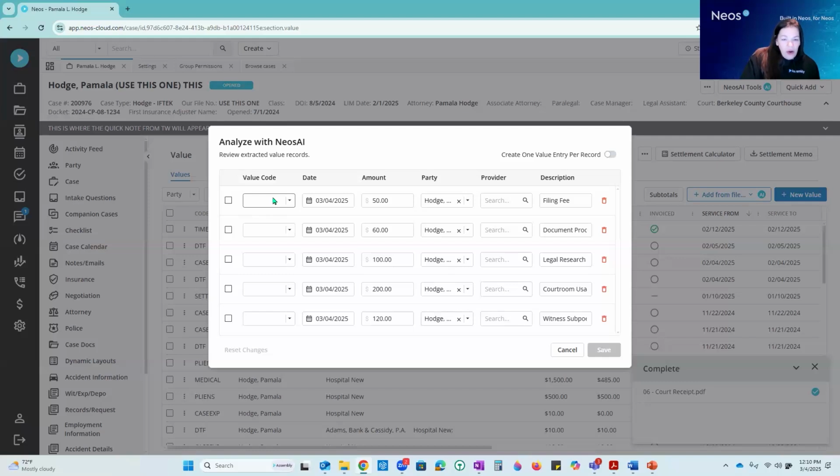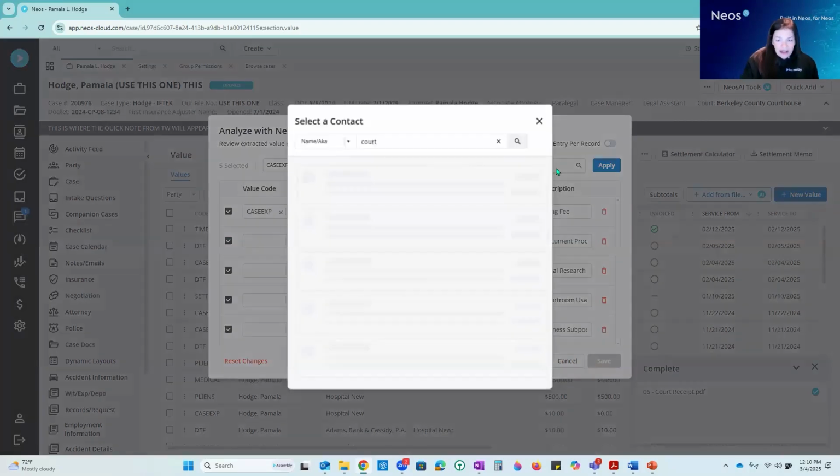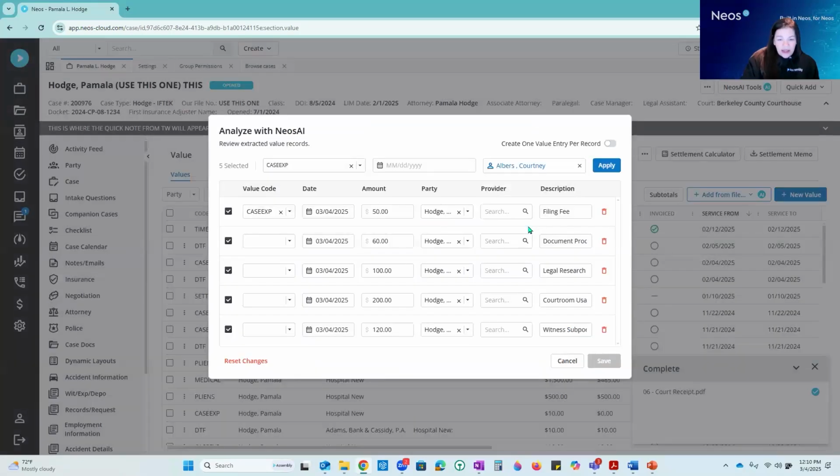Now, I can go and select each entry separately, or I can select all of them at one time. And then I'm going to get my header up here, which allows me to create the case expense. I can overwrite the date if I want, and then I can choose the provider. So you're still going to type in who your provider is, and then you're going to select the person. I want the court, and I selected the wrong provider. So I'm going to say Dorchester County,